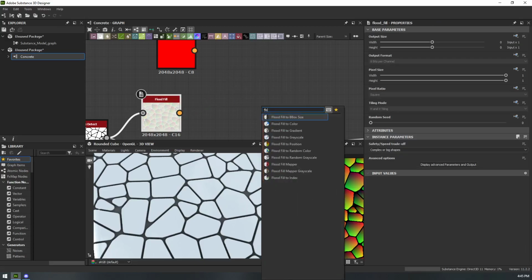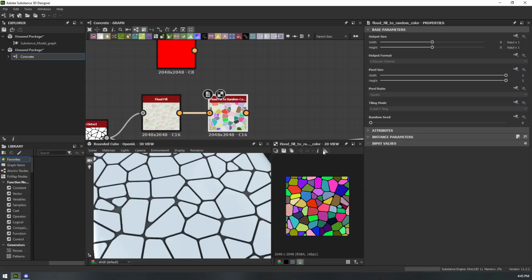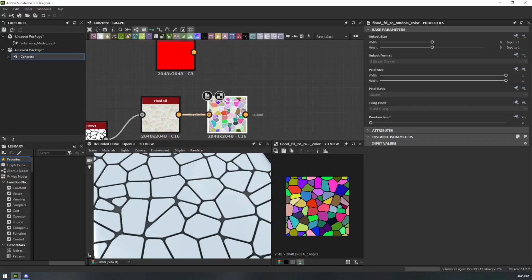Can you guys tell I've not done this before? Specifically this one? Sorry. We'll just do flood fill to random color, I guess. There we go. That's great. Honestly, this is fine. So this, random color. That's great. Why is that convenient? Because we can select some random colors, or better yet,